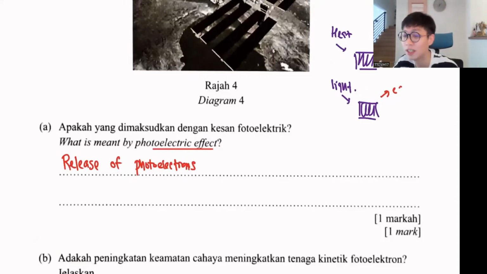Andrew, I think your answer is the definition of photon. This is the photoelectric effect, the whole effect. So it's the release of photoelectrons. Although most of the time you can call this an electron, I prefer to call it photoelectron because the textbook writes photoelectron. So I follow the textbook. Photoelectrons from metal,